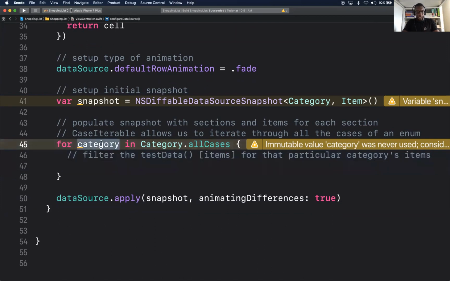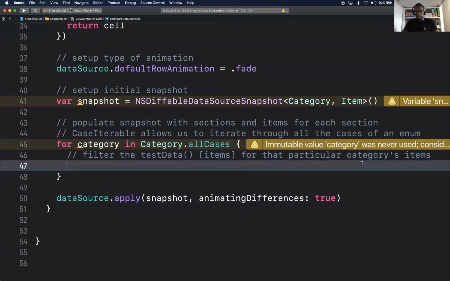So we have a category here. We'll filter by category and say, just get me your items. Any questions about that? Where we headed? No, sir. No questions so far. Okay.